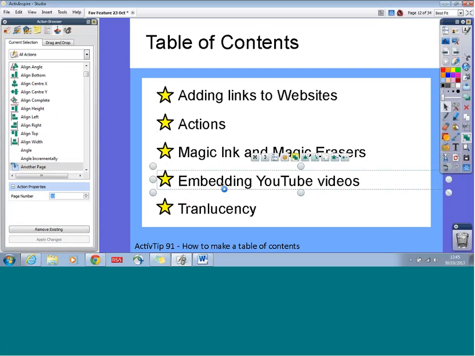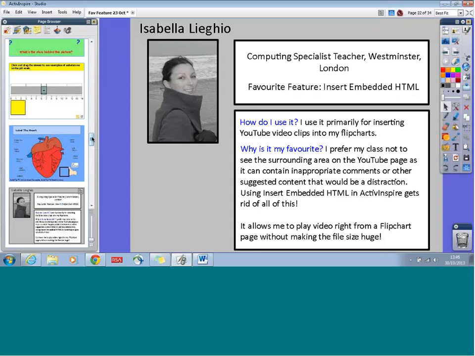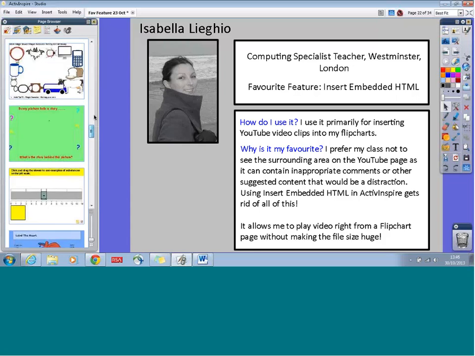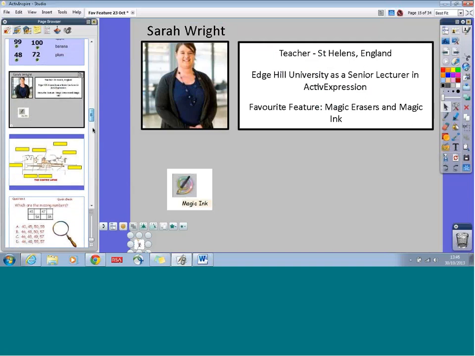Now, when I click on that heading, it then takes me to Isabella's page. Now, if you notice, I'm in that situation where I want to get back to my table of contents, but I haven't right now. So I could just come in here and flip all the way back. Or what I can do is go to another page where I've set up that link to return to my